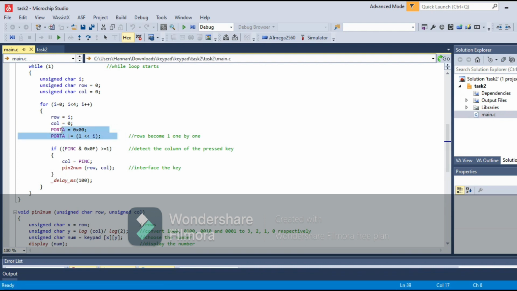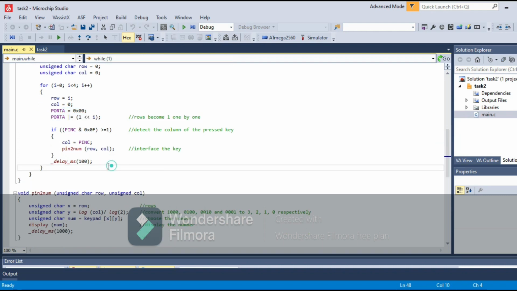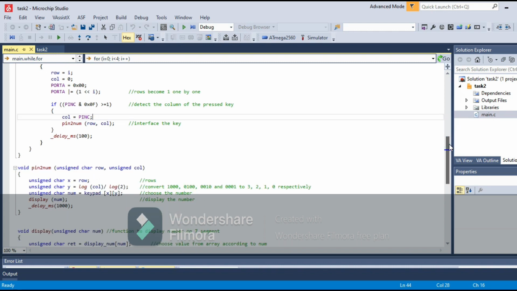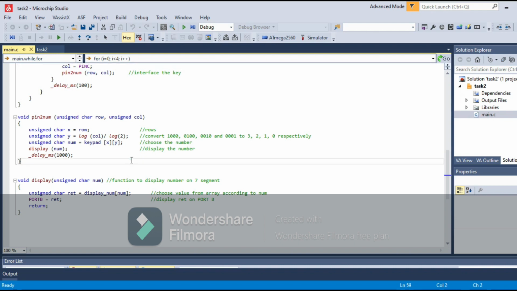Whenever a row is connected, this loop will initialize, and the second loop is for detecting the column. Whenever a button is pressed, we have to check which column is shorted and which row is shorted. After this I have used this void pin to number function to choose the number that is pushed on the hex keypad,